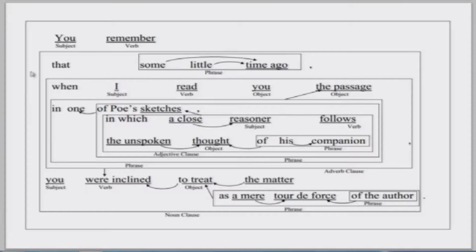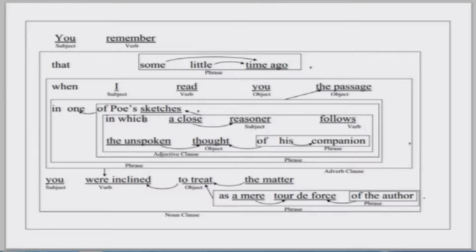And another adverb to that is this, and that is a clause, and that itself has things. When I read you the passage in one of Poe's sketches, and not all of Poe's sketches, one of Poe's sketches of that kind, that particular one,